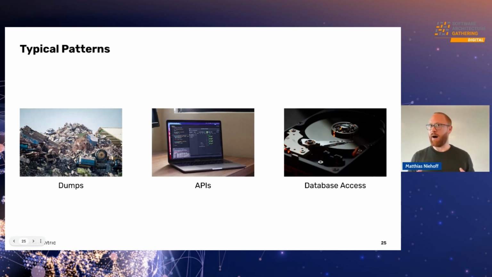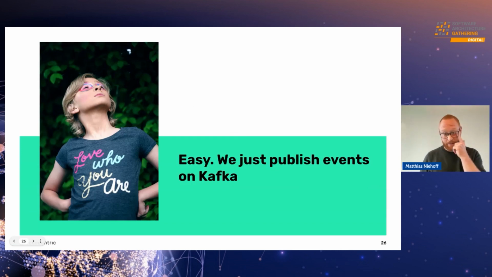Sometimes there's even an ORM that entangles the actual database schema from providing data to others. And often we see, we just publish events on Kafka anyway, just get the events there and then you're done and you have all the data you need. And to be honest, I've seen this multiple times, and I've seen multiple times the data teams fail. And I wouldn't blame the data teams for it. So the data team.